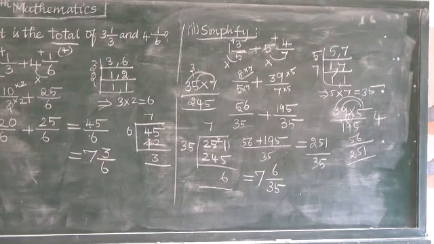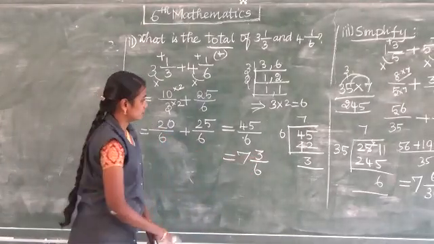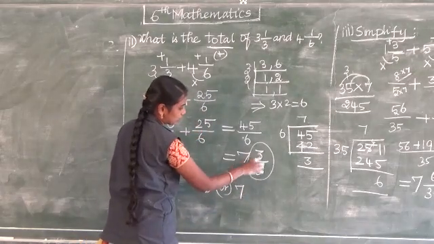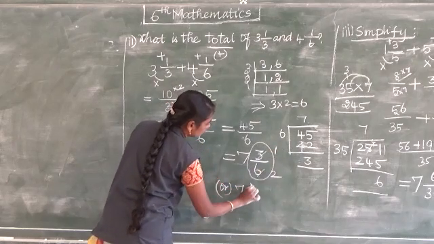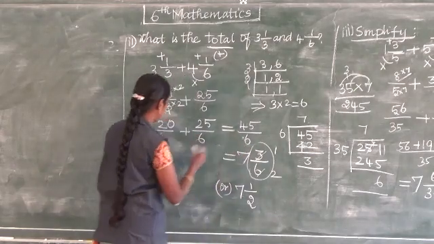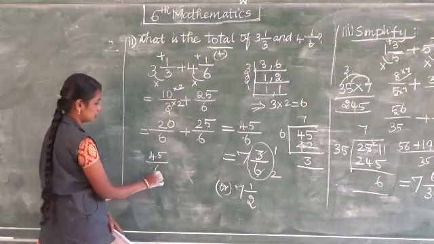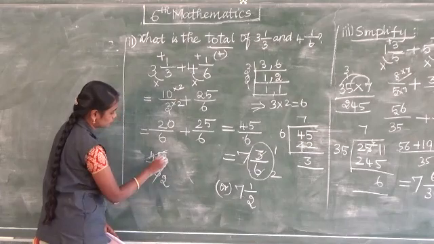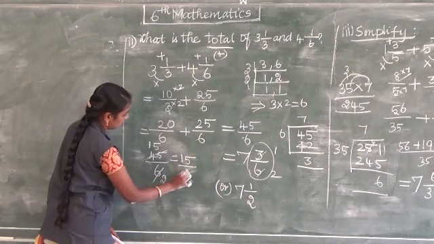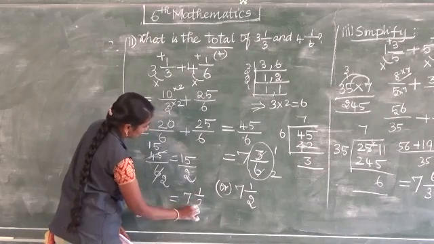Once listen to me. The option 2, the answer 7 3 by 6. Yes or no? This one you can cancel 1 and 2. So you can write as 7 1 by 2 this answer, or else you can cancel in this also. The 45 by 6 is there, no? The 45 by 6. Here you can cancel by 3 table. 2 times here 1, remainder 1, 15, 5. So you can cancel and you can write 15 by 2, and you can go for the division. If you go, the answer will be same 7 1 by 2.